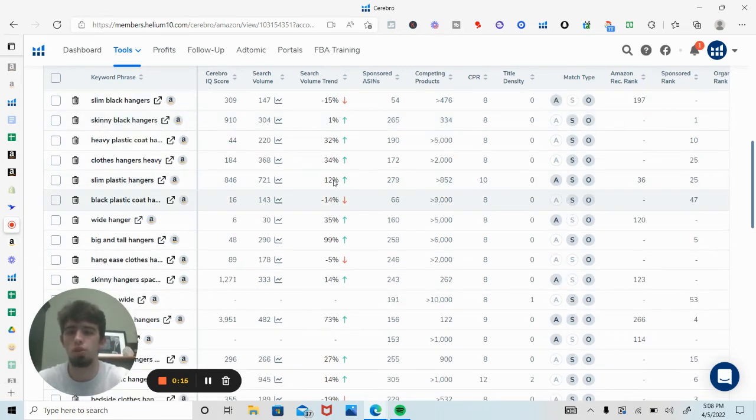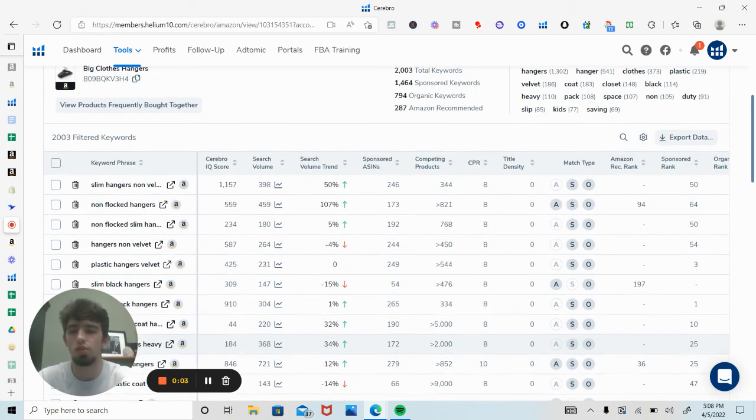And what we will do is we will actually target these keywords throughout the listing. So we'll try to include these high volume keywords throughout the title, the bullets, the description, and the search terms, so that Amazon thinks that our listing is relevant for those keywords and they rank us for